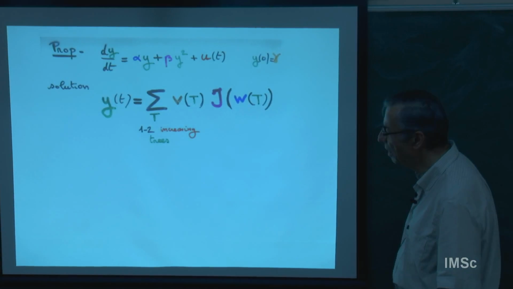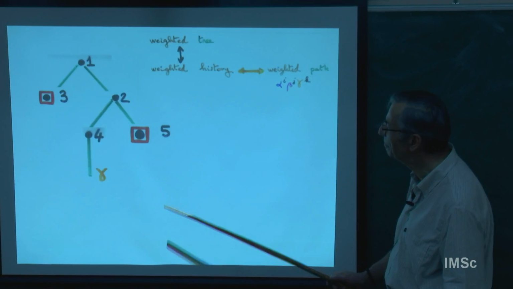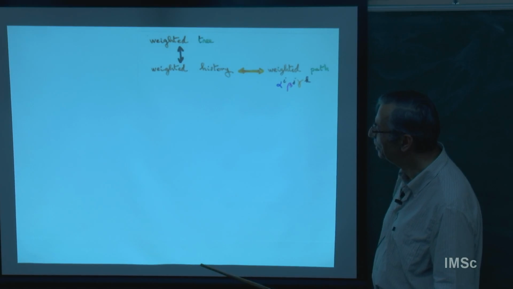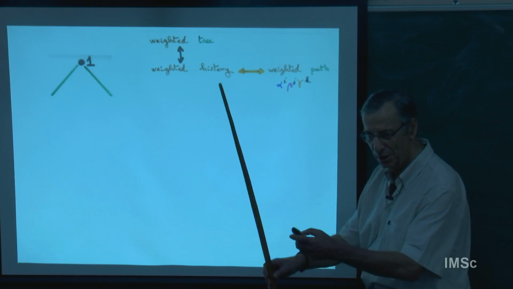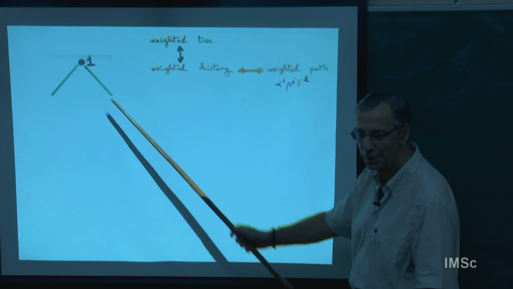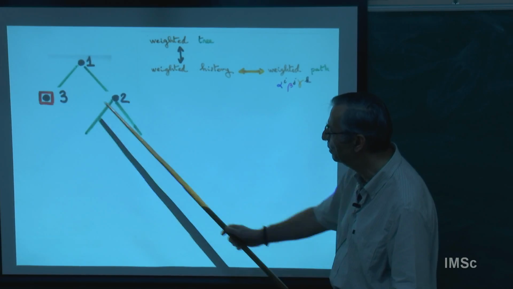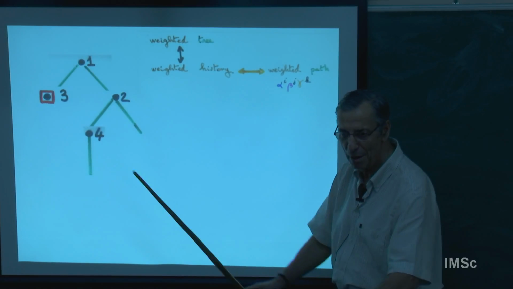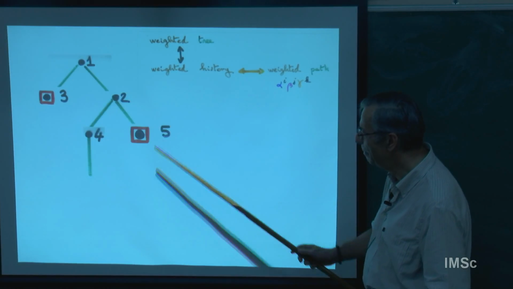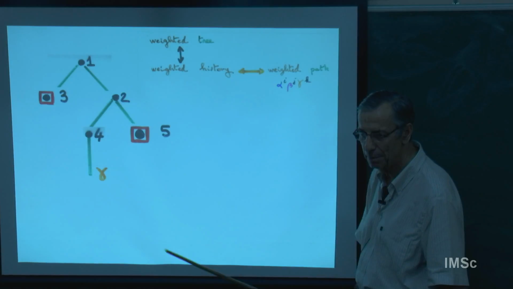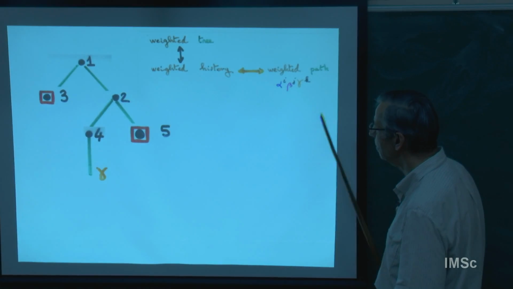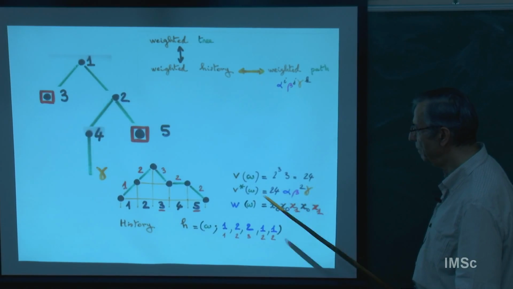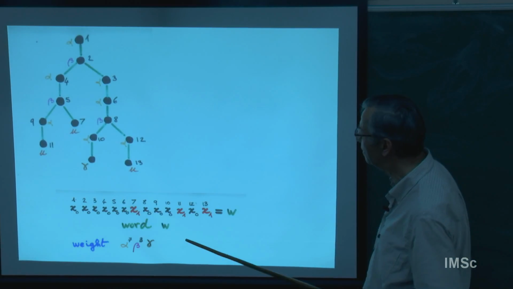But now there is much more. In fact, you can go from trees to paths, to what we call histories. History is as before, when we were proving that increasing binary trees were counted by n factorial. I do the same idea. 1, I put the 2 in 2 different ways. I put the 3, I stop because it's a variable u. Then there are 2 different ways I can put it, here or here. So same philosophy, a little more complicated. And sometimes I stop with the variable function u, or sometimes I stop with the integration constant. So I have a certain bijection. I preserve the weight, and then I have a bijection with paths. Sorry to go very fast, but this just gives you the flavor of this theory.